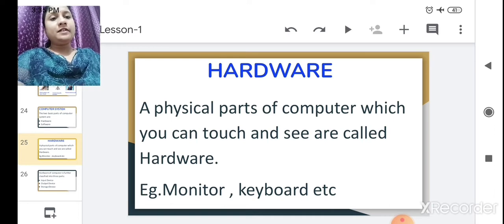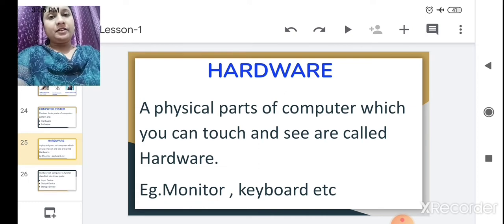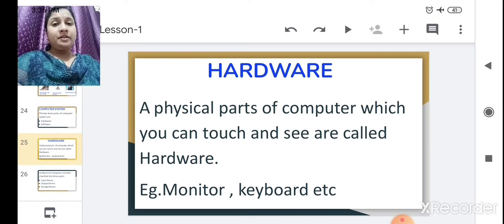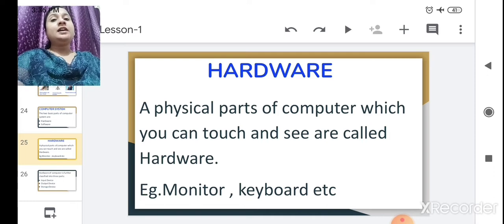In the same way, a computer has some parts that we can see and touch, called hardware. A few of them are the monitor, keyboard and mouse. These hardware parts are connected to the CPU by a cable.